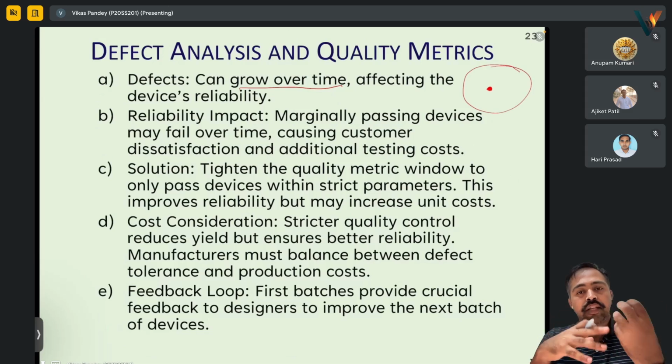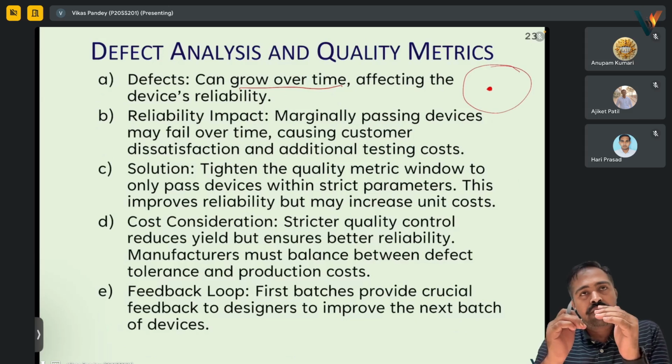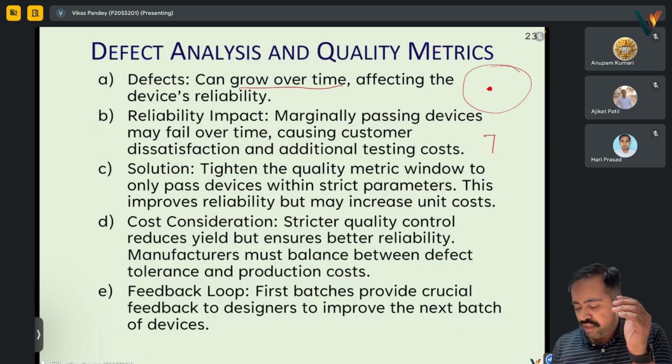It started a chain of reactions. So over a period of time, it will grow and affect the device's reliability. So some marginally passing devices, like we defined a border of, okay, yeah. So let's,